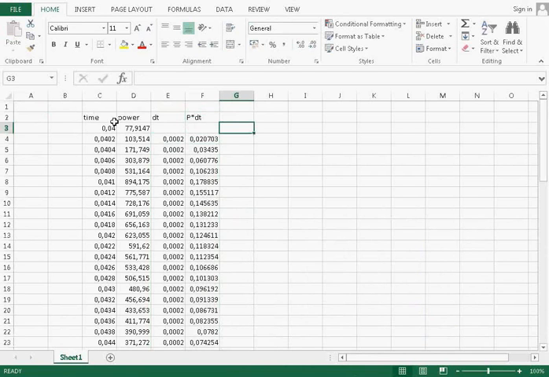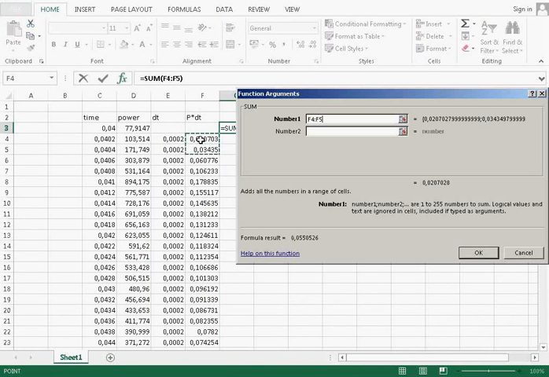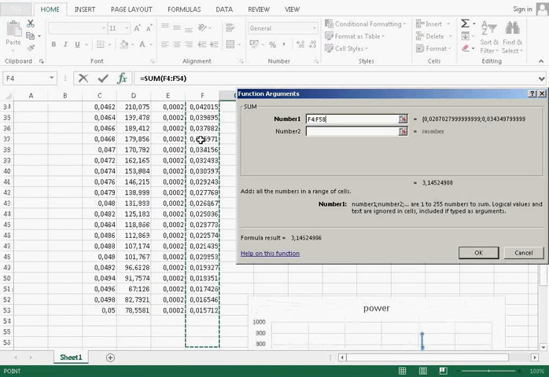Then I will calculate the total sum of products